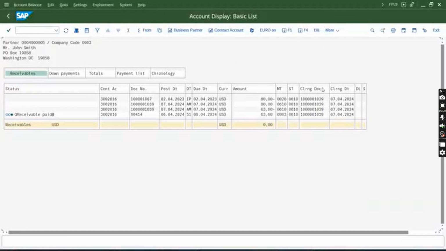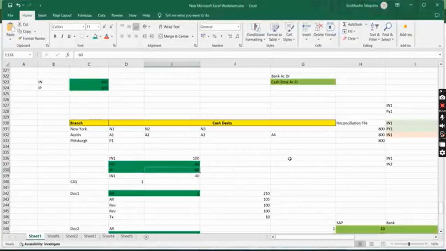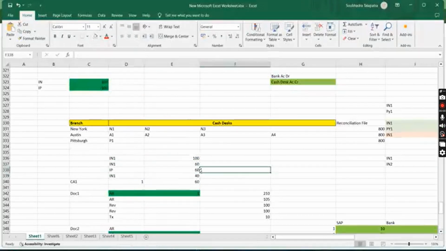Now if I want to reset clearing, we just did reversal. Now what will happen if I do reversal? Say in this case this is my balance. What is my balance? My balance is 40. Now say I want to reverse the payment. The moment I reverse the payment, my minus 60 will have a plus 60, and this clearing will go away, undone. So my balance will be back to 100. This is my reversal. But if I reset, the balance will not be impacted, because only the